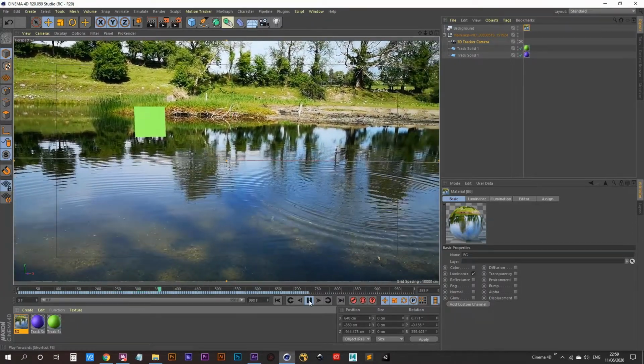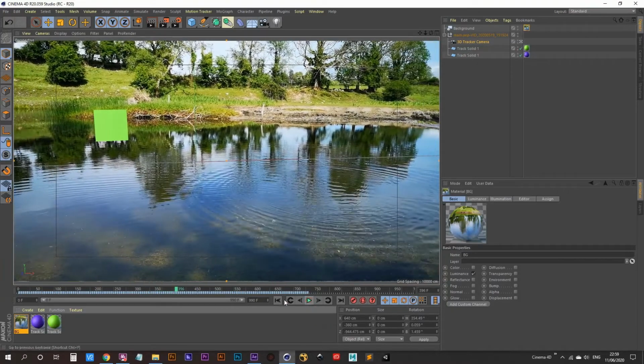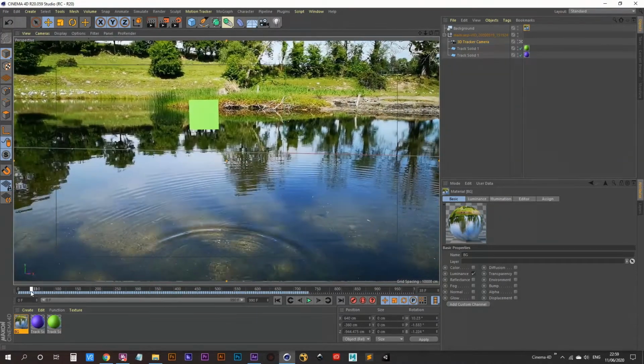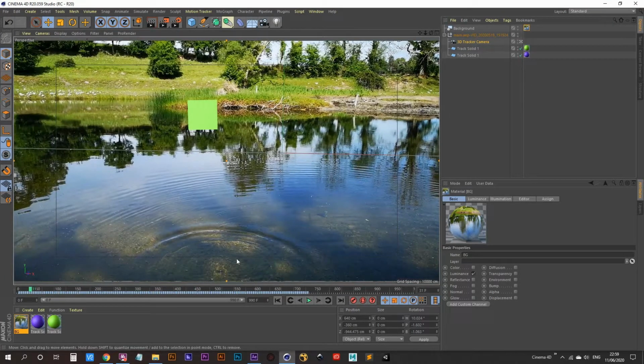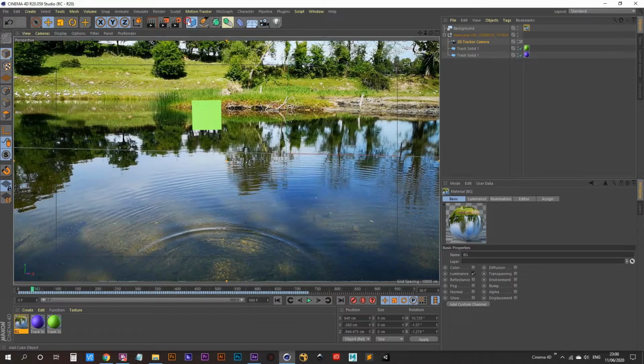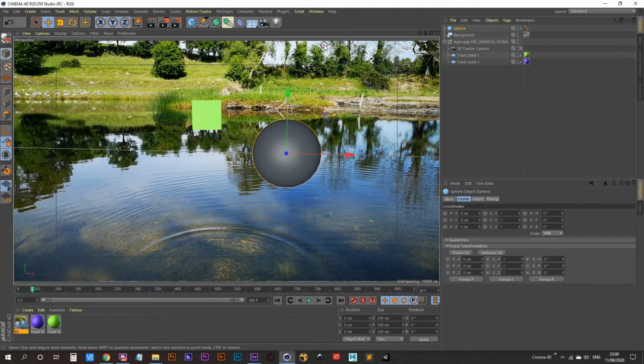Okay, so now we can start setting up our spheres. So the first one we can do is the one that's going to be here. It's going to be causing these ripples. So let's just create a sphere. And what we can do is we can drag it down to make it a child of this track solid